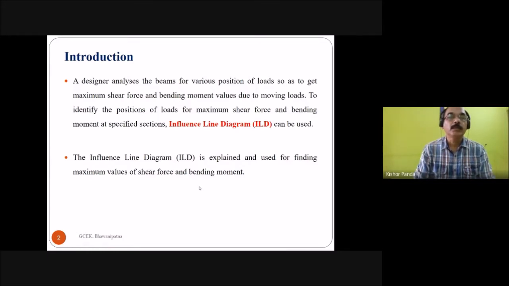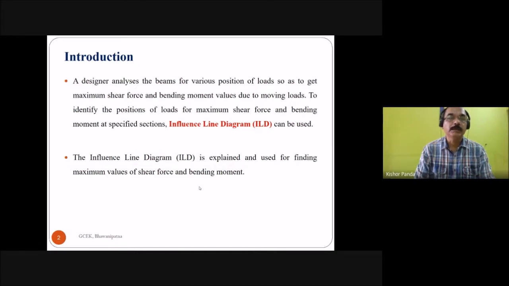The position of load moving across a beam produces the most severe effect in respect of only one specified quantity, either a support reaction or shear or moment at a section of a beam. The particular position of the load to evaluate the maximum value of the specified quantity has to be determined either by inspection or by trial and error method.